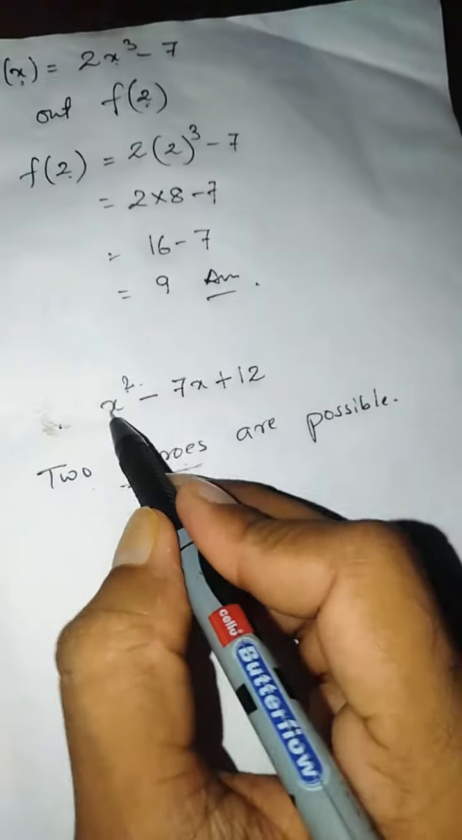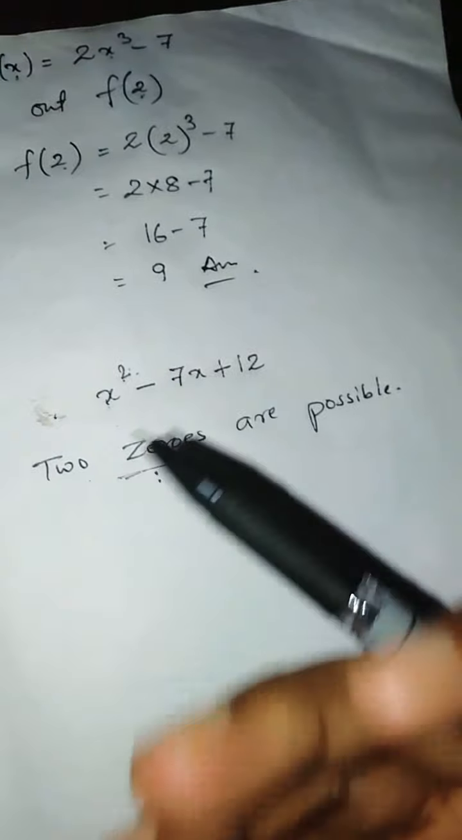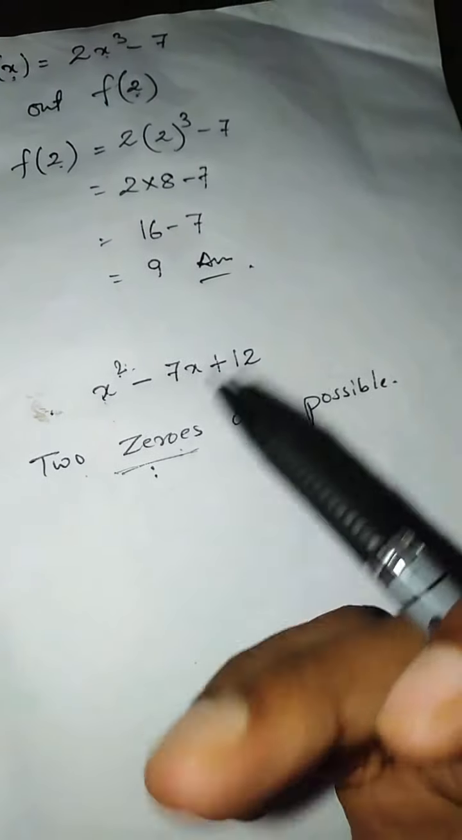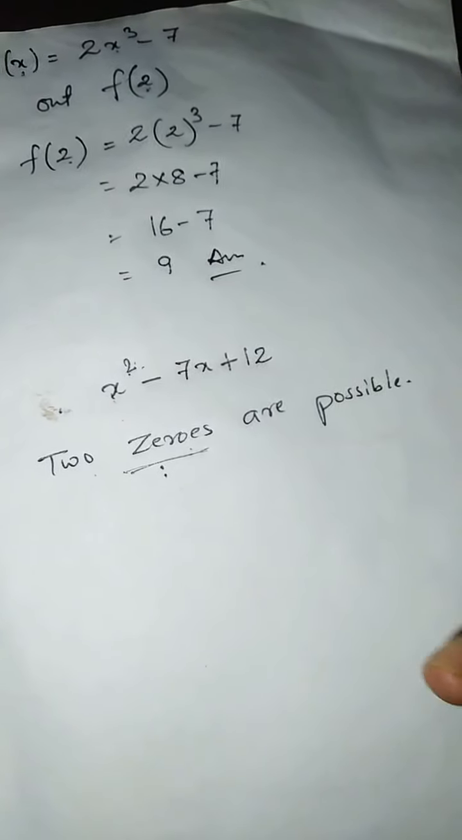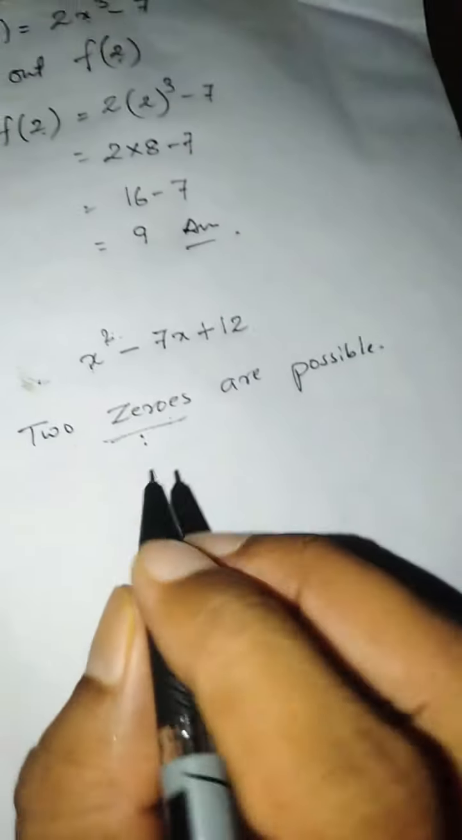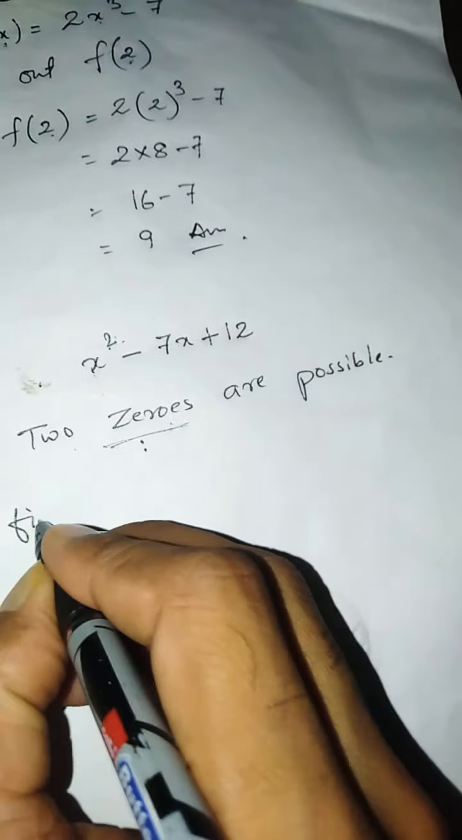The main thing is, if the degree is 2, two zeros are possible. But if the degree is 3, three zeros are possible. If the degree is 4, four zeros are possible. Okay, that one you keep in mind. Suppose a question is asked, find the zeros